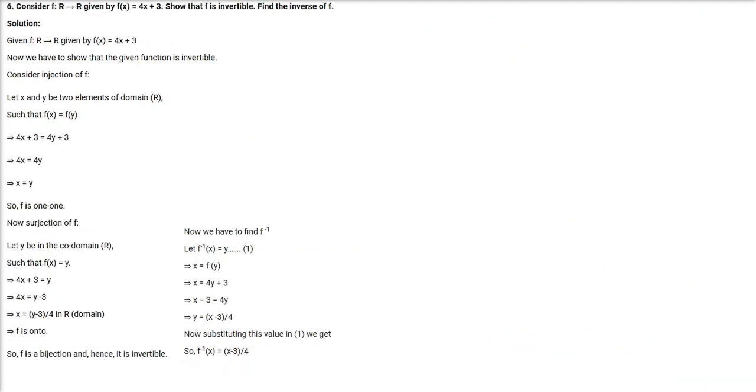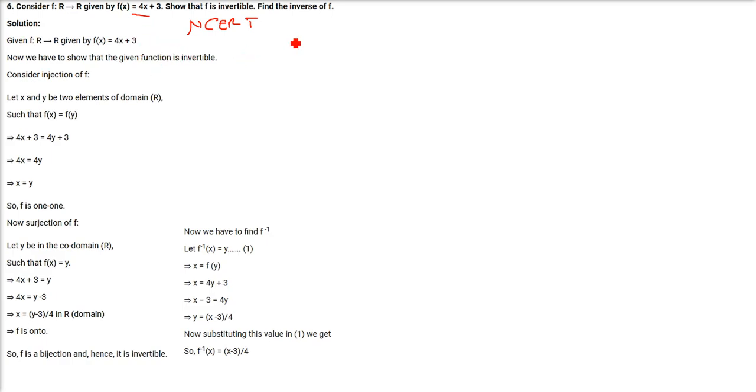So this kind of question is repeated, but why are we doing this question again? Because this question number 6 is actually an NCERT question. Exactly the same as the previous one. But since it is from NCERT, we have to do this. So this is from R to R, real numbers to real numbers. Is it invertible or not?